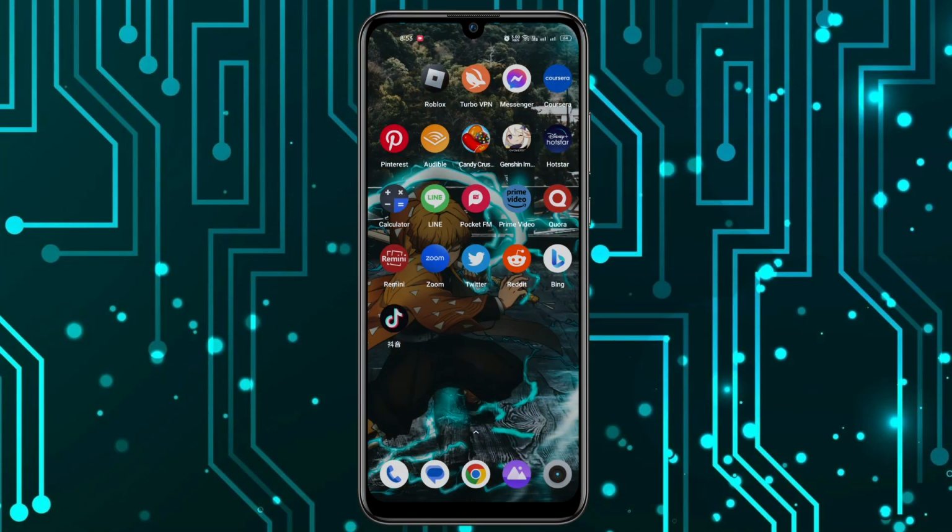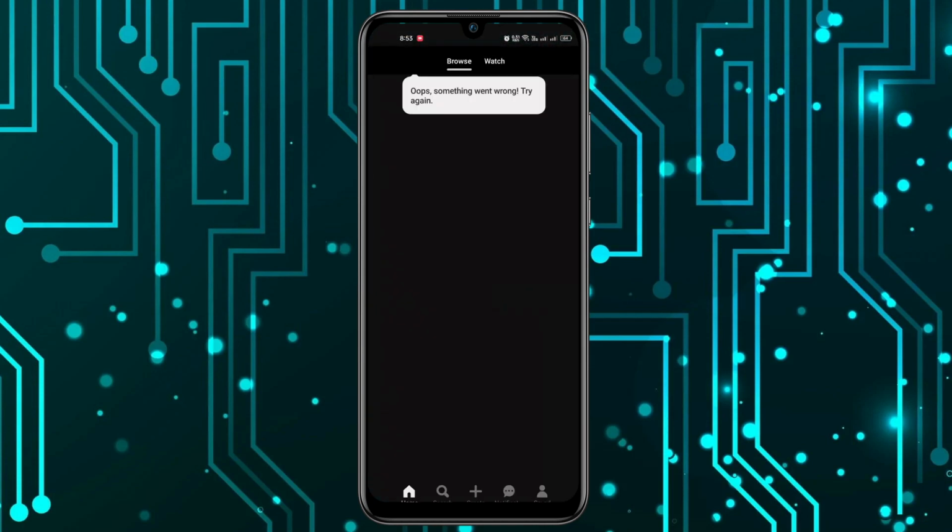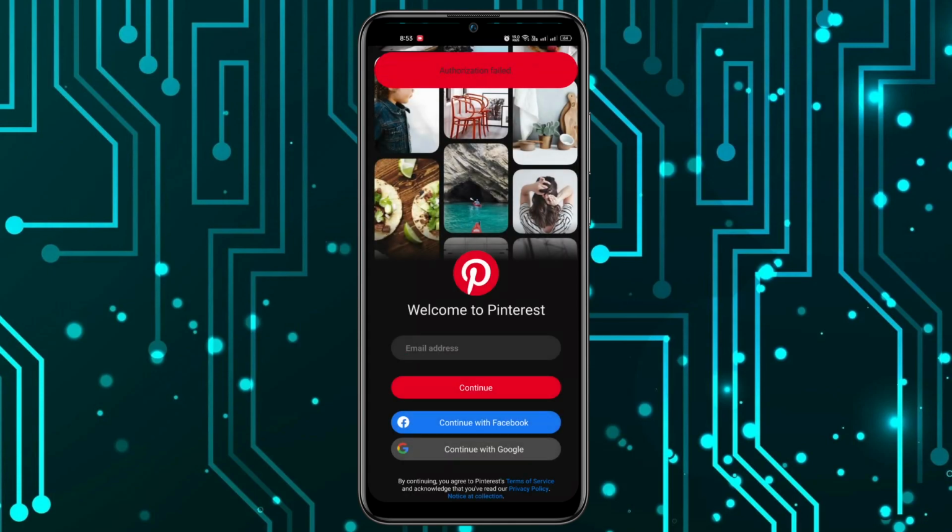Hey everyone, today in this video I'll be showing you how you can easily convert your Pinterest account to a business account from your mobile. So you want to have the Pinterest application installed on your mobile to do this. Once you have it installed, you can open the application, and after you have logged in and everything is completed,